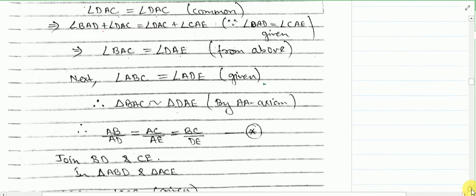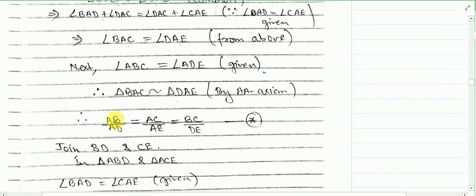And once they are similar, corresponding sides are going to be proportional. So we got this. Clear? So I have put this as star because in order to prove the second part, I will need something from you. Okay,